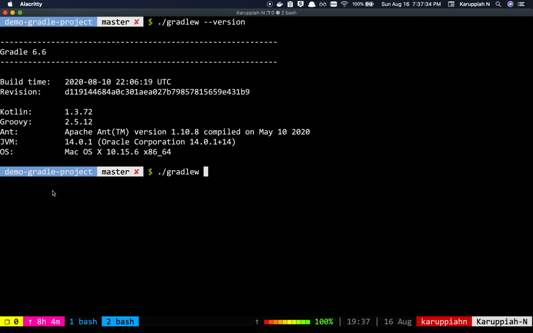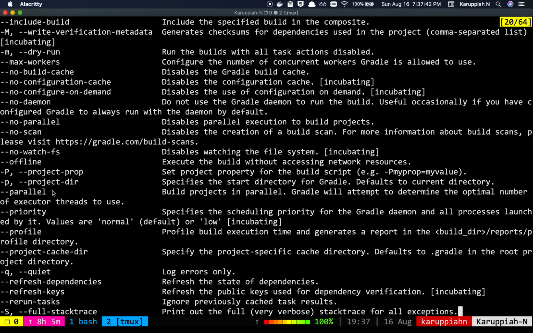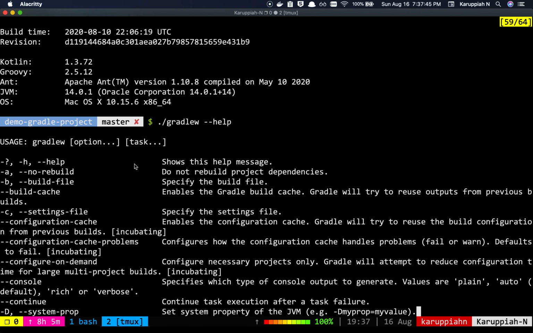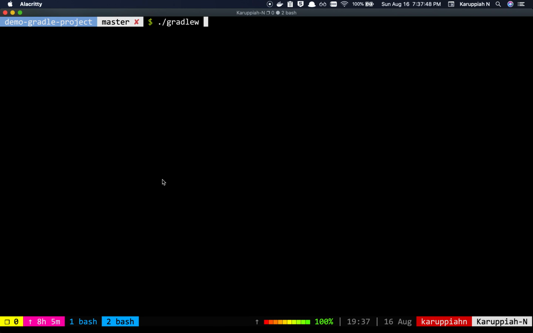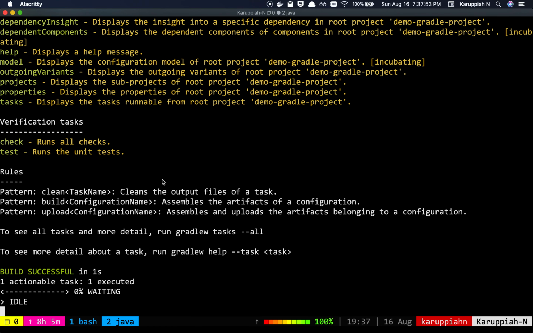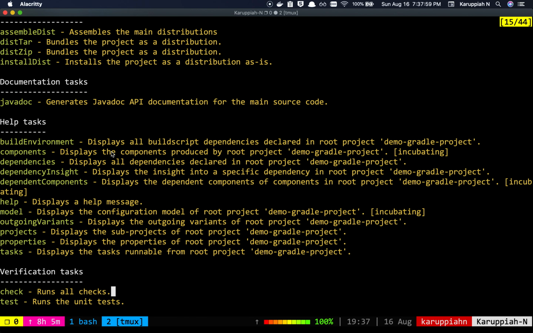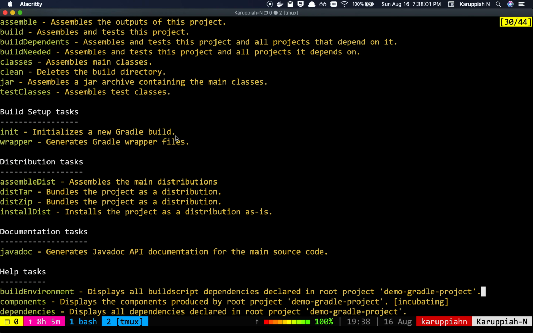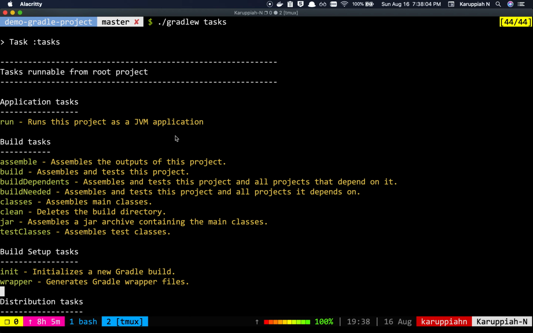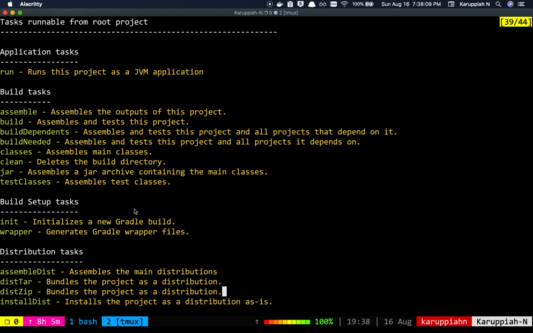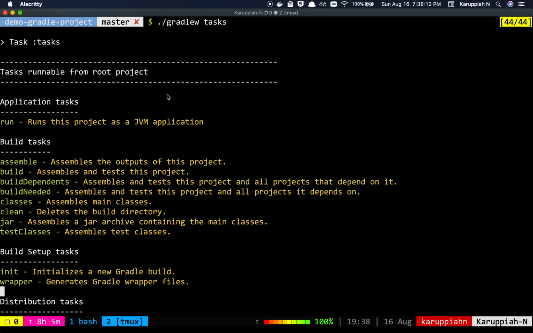So now you have Gradle 6.6 running, and anything you want to do with Gradle, you just use the Gradle wrapper. So how do you get started? What do you do with the Gradle wrapper? You can check out the help. It has a lot of help. And the most basic command that you can use is tasks. It will tell you what all the build tasks available through Gradle are. These come by default when you do gradle init, and you can just run these and try them out. So gradlew tasks will give you that.